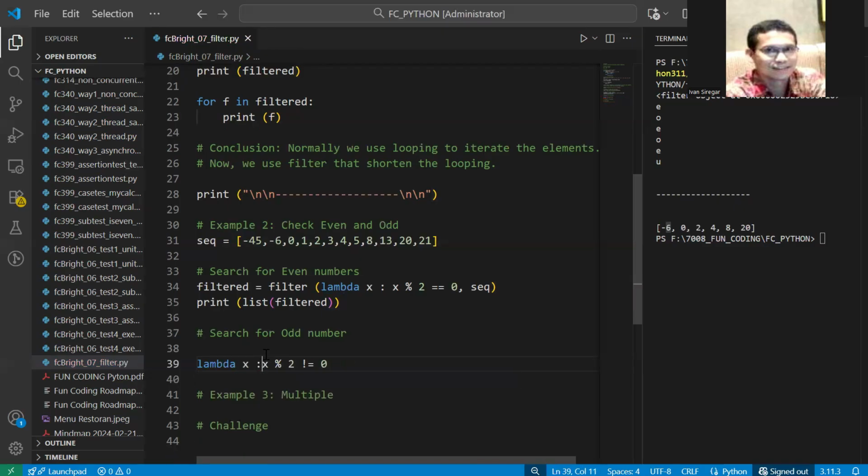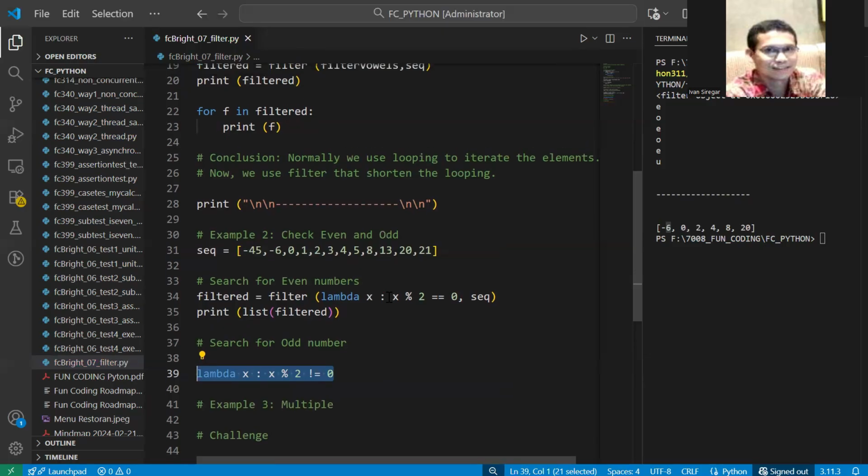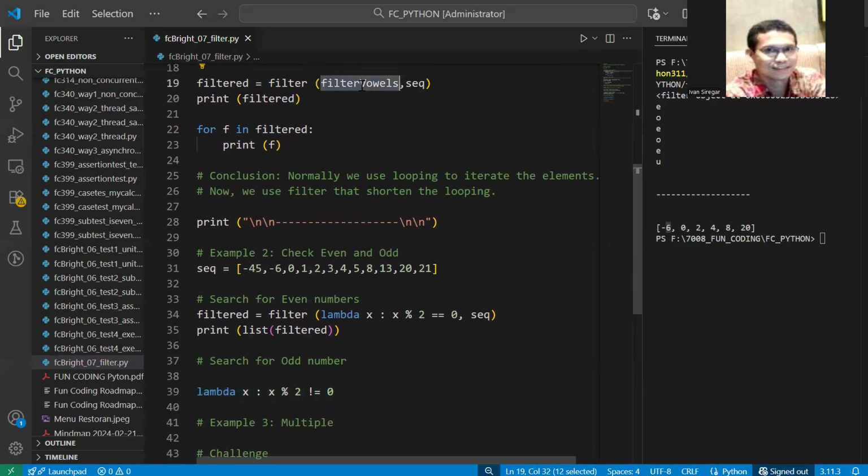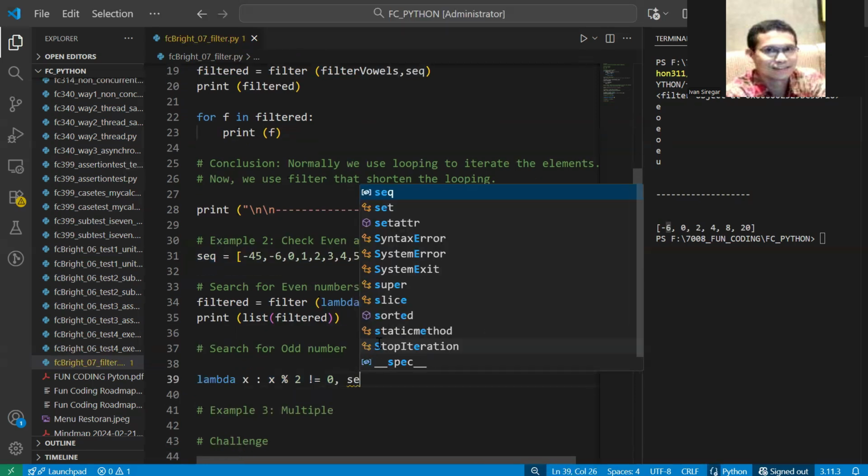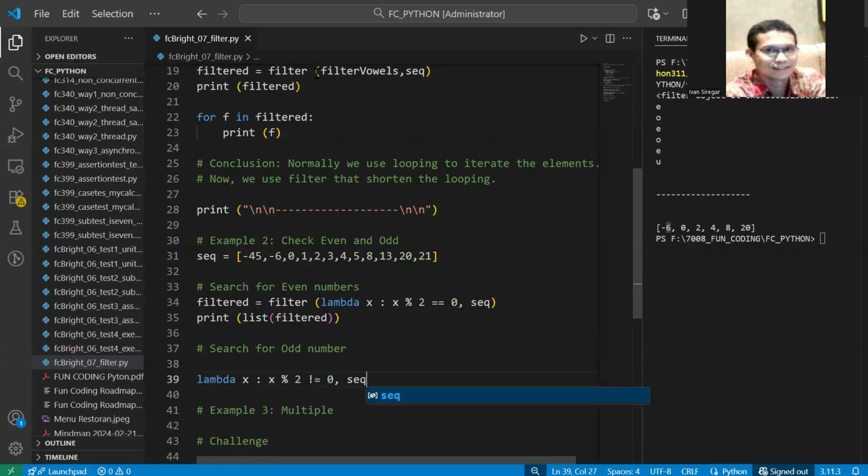Now for this we have the function. According to the pattern, this is the function, together with the sequence, the value that we will be checking on. You put a comma here, and then you have the sequence. Okay, and both of these inside the bracket. So you put the bracket.